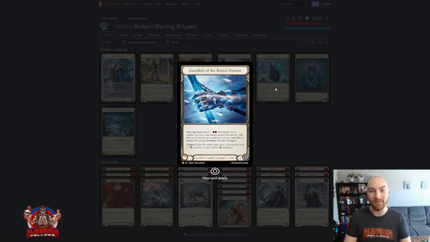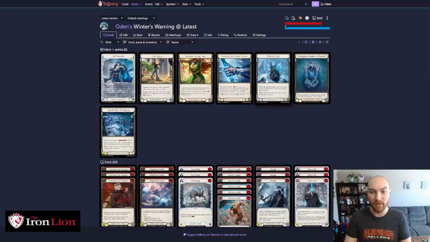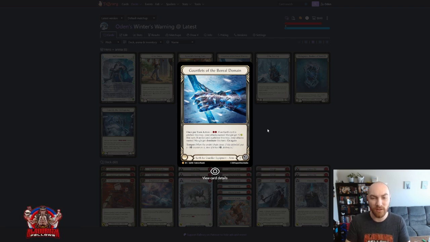Gauntlets of the Boreal Domain are interesting. They are not the end-all be-all amazing legendary that we had hoped for, but they are good. Comparing to Crater Fist and the other gauntlets, they are still Temper 2, so even if you never trigger this once per turn action, they are essentially equivalent to the two options you had before, except they are also Earth and Ice. So as an Ice card, again, it can trigger All-in Ice Cap. As an Earth card, it can be decomposed if you're running a more Earth-heavy build. Again, this list is more focused on Ice. So these can be anywhere from mid to really, really good, depending on your personal Jarl build and how you like to utilize the Earth-Ice type on the equipment,